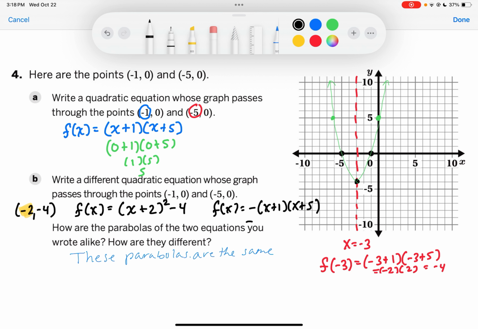So -3 plus 1, -3 plus 5. So I'll be at 0 at -3, 4 this time. So you also could have thought of it that way. You could have found some values. And in that case, one parabola would have been concave up and one would have been concave down. So it just depends on how you thought